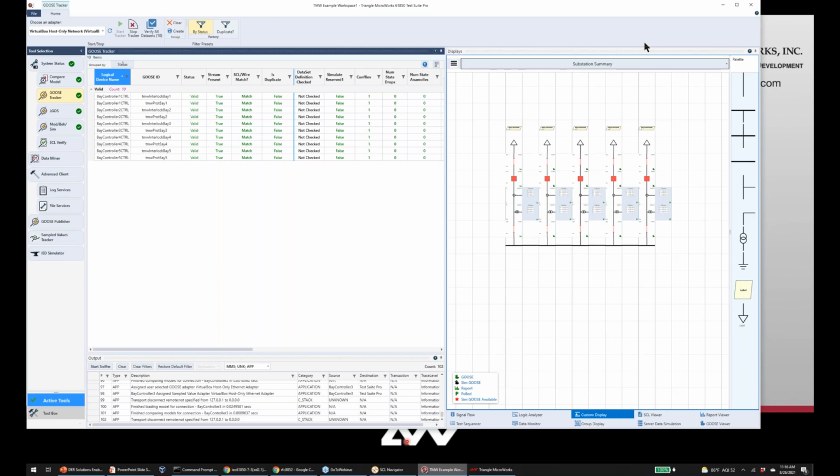It also provides a lot of functionality for helping system integrators and end users, utilities, and in this case, DER system integrators, diagnose problems in the system, high-level communication issues, modeling issues, and so forth. So I'll quickly go through the main features of the tool.